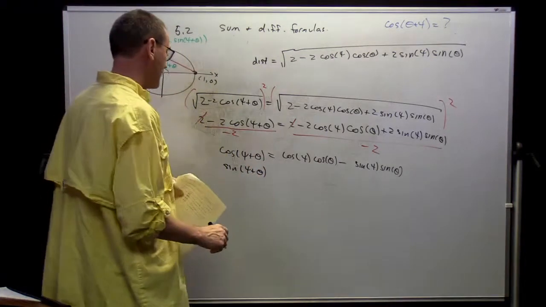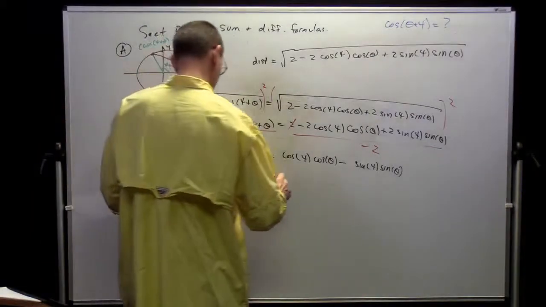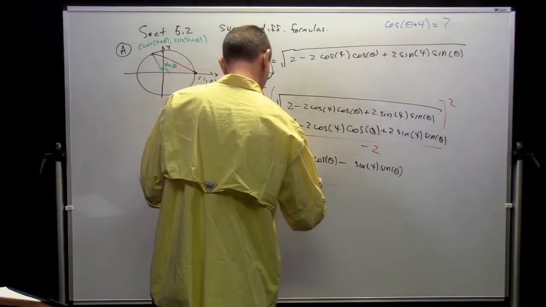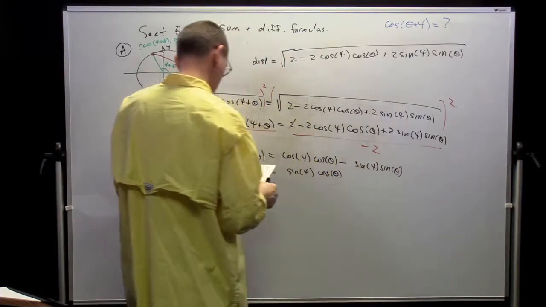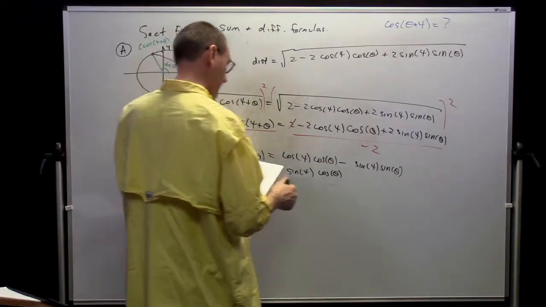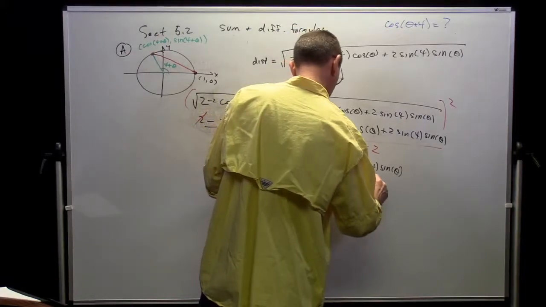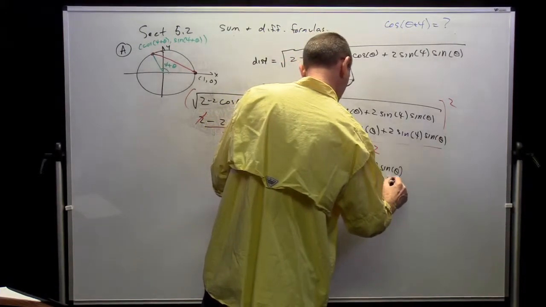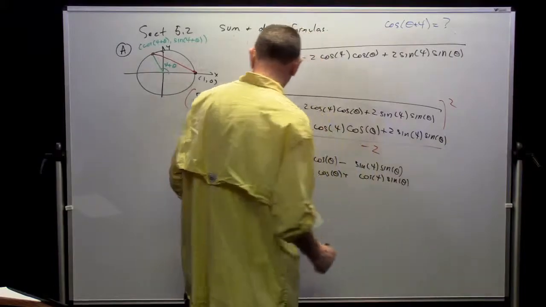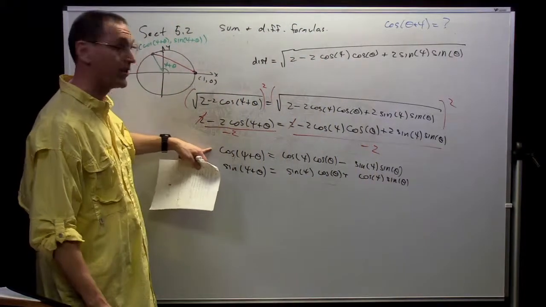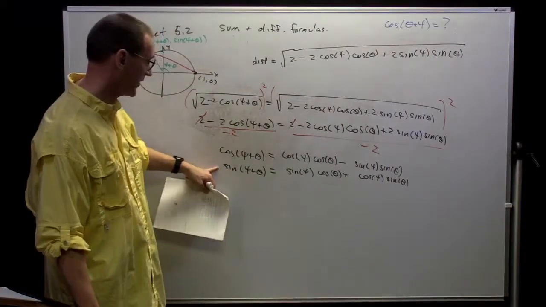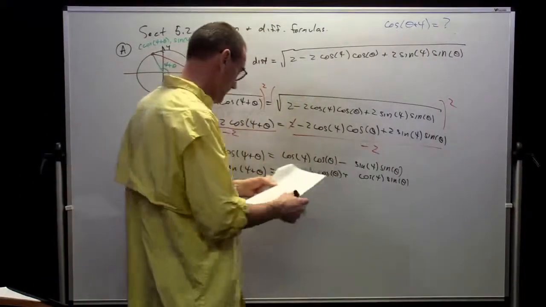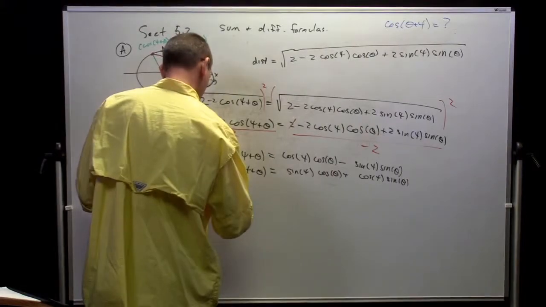It's going to turn out that the sine of psi plus theta is going to be sine of psi cosine of theta plus cosine of psi sine of theta. So oftentimes you say cosine is unfriendly because it has cosines and sines that are segregated. Sine is friendly because they're all mixed up. Likewise,